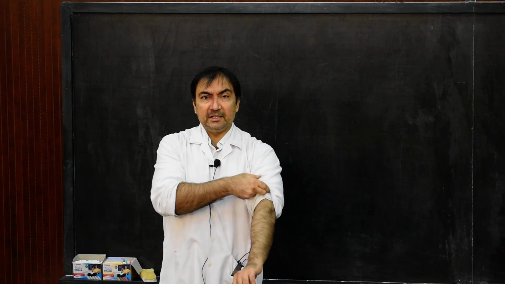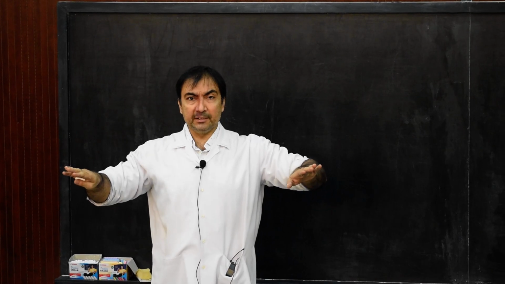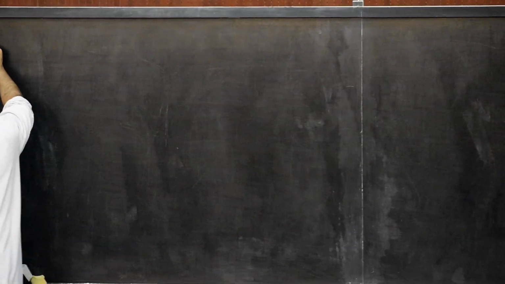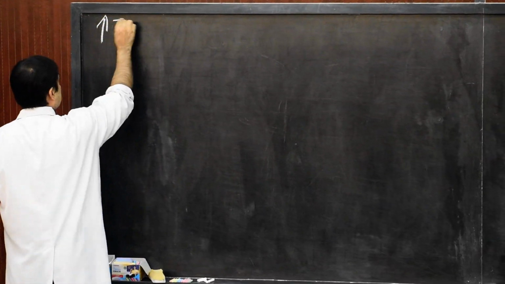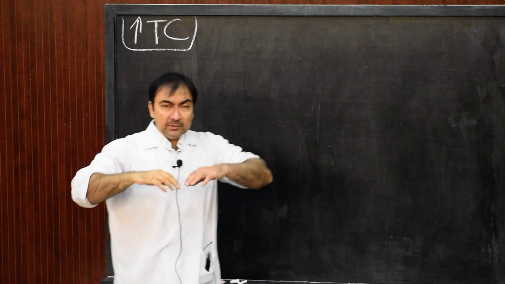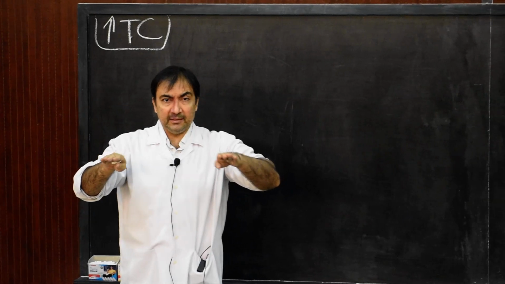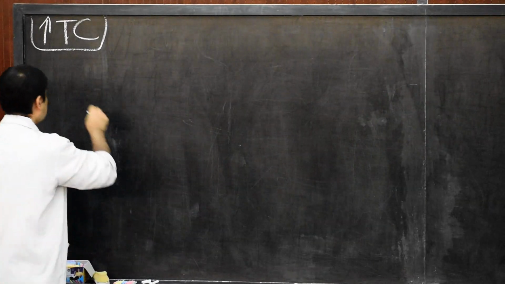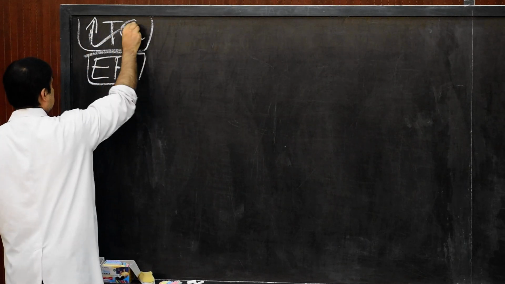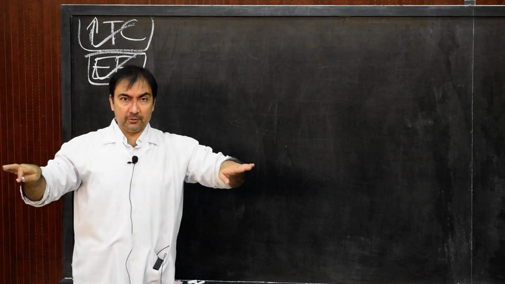Good morning, students. Here we start with the gross anatomy lecture of the horizontal disposition of the peritoneum above the transverse colon. And above the transverse colon, today we are going to discuss the horizontal disposition at the level of epiploic foramen. These two titles are very important: at the level of epiploic foramen, horizontal disposition.